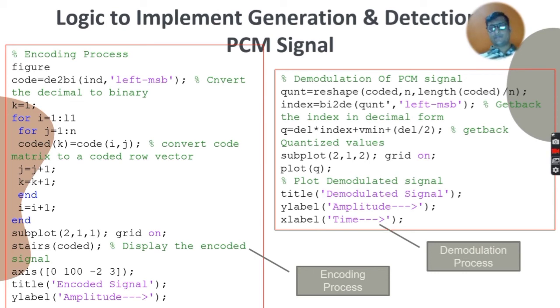Then Q is equal to, the same del operator we are going to use because we need to synchronize it. So del into index plus Vmin plus del by 2 gets the actual quantized level. Subplot it, and whatever signal we get is called the demodulated signal or the recovered signal. PCM decoded signal: first we have seen generation, then quantization, then encoding, then demodulation, which is called decoding of a PCM signal. So when I'm going to execute,